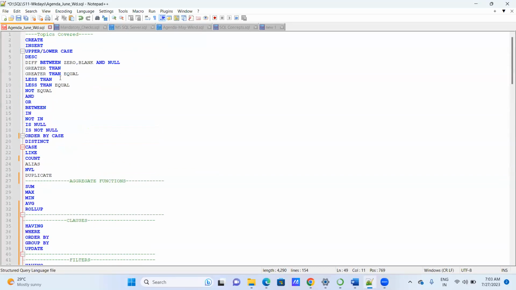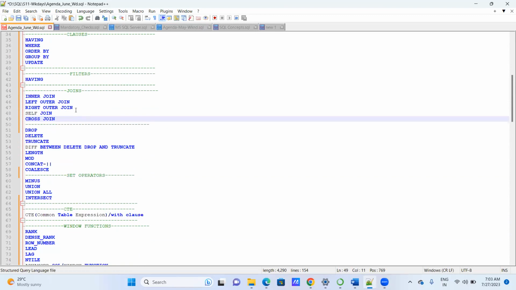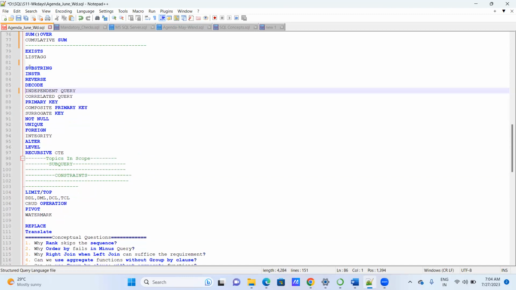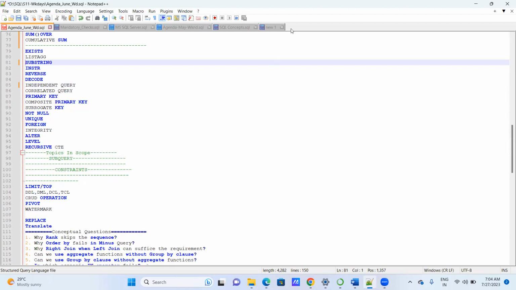We will start this course from scratch. No prerequisite is needed. First of all I will give the basic details about the course, and if you have any question, you can ask. Then we will start our regular classes. These are the topics which we will be covering during the course. This has the basic as well as advanced SQL, and these topics are sufficient to crack any job related to